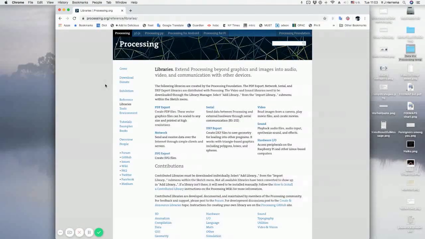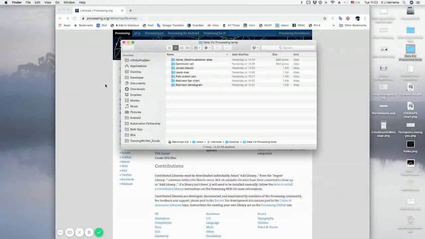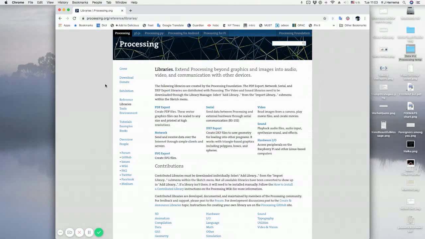So I'm really just going to start this tutorial by showing you some things that have been done by students in the past at Bath Spa with Processing and data visualization. So Flourish is a great tool, and if you decide to use Flourish, that's fine. I might also mention that Flourish